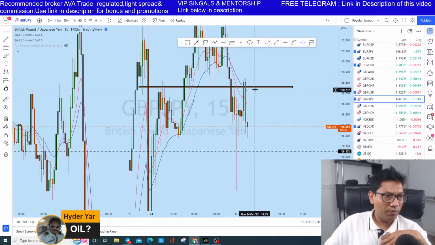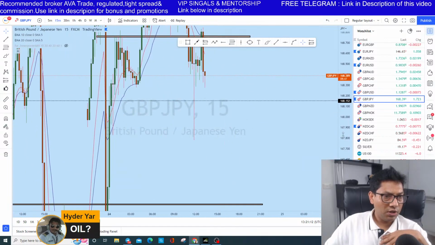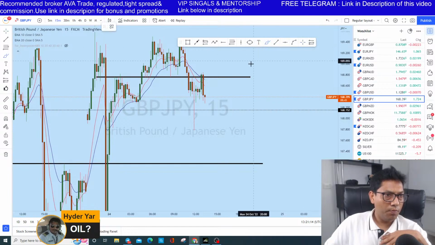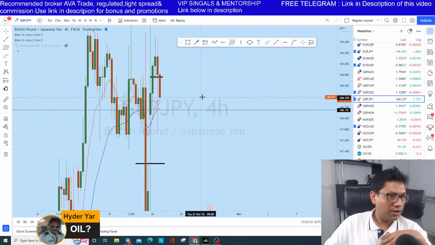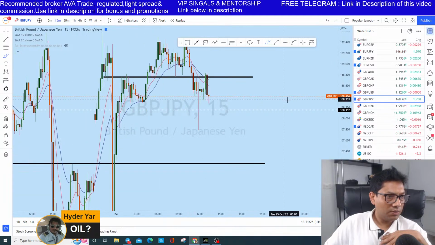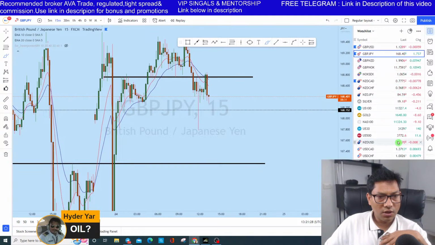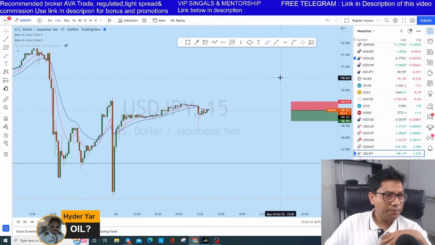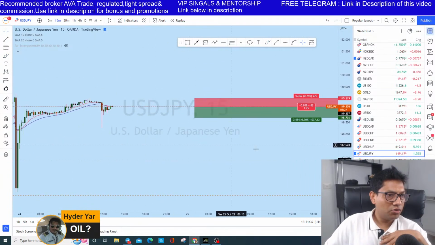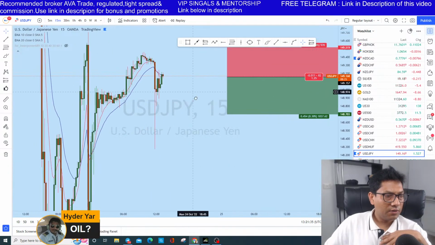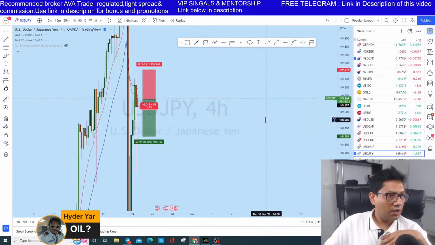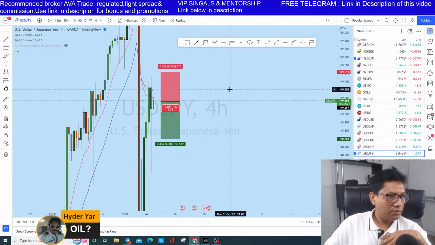What I think is that from this zone to this level, we could see a movement on GBP JPY, which is on the higher time frame here. I think we could see some movement to the downside on GBP JPY. Now from the dollar yen perspective, if during the news we want to see a hit on dollar yen,